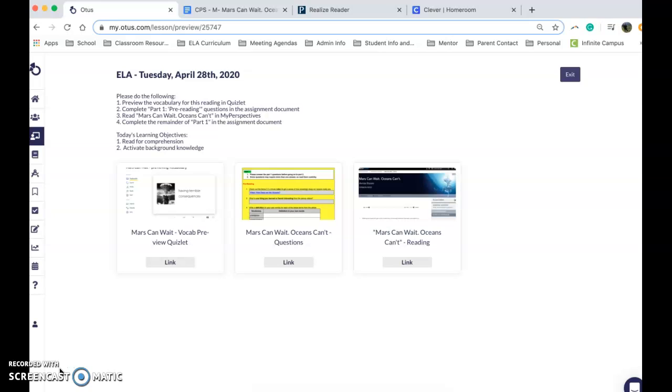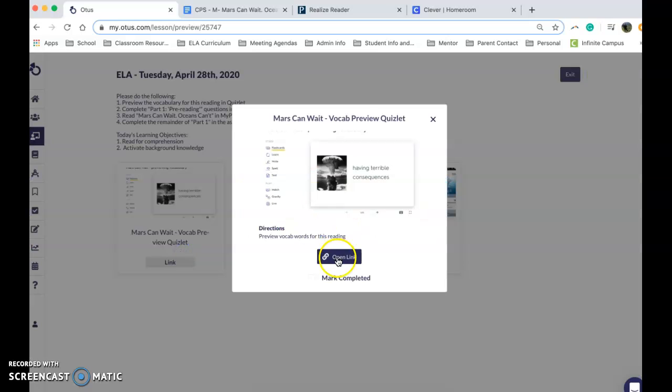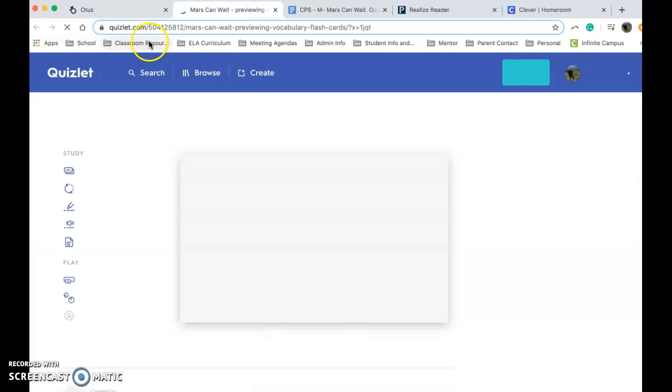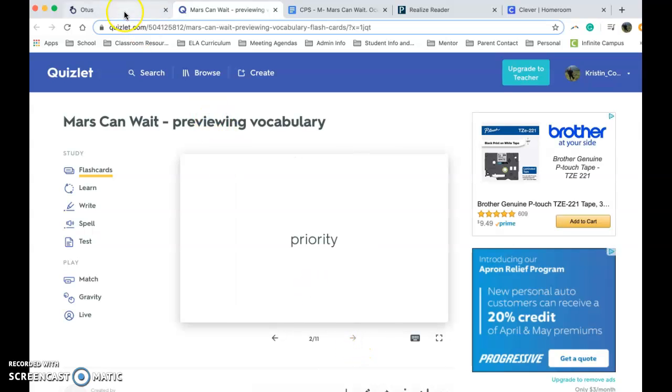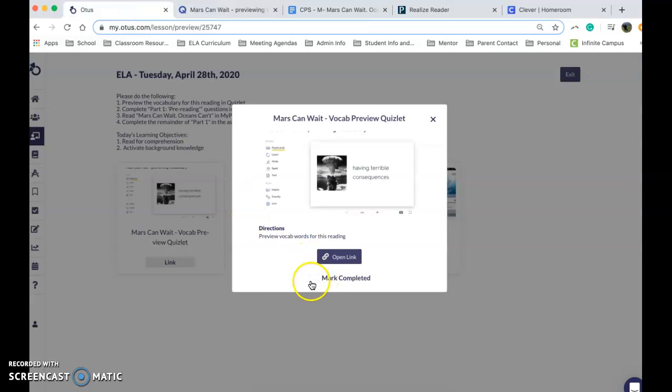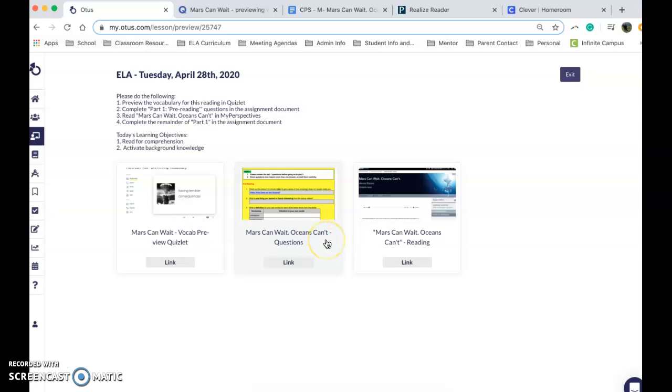But first, we want to activate a little bit of your background knowledge, so we're going to ask you to preview some vocab in Quizlet. And you can go to that from this first tile, and you're going to quiz yourself. There's 11 words. Go through those, make sure you're familiarizing yourself with those words. Remember, when you're done with that, mark as completed and move on to the next step, which is you're going